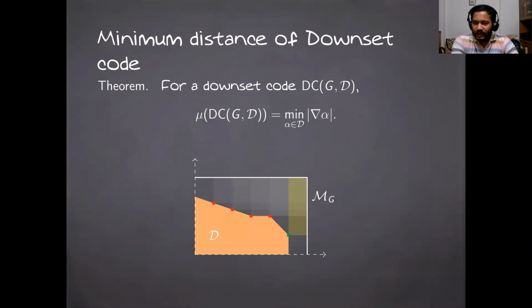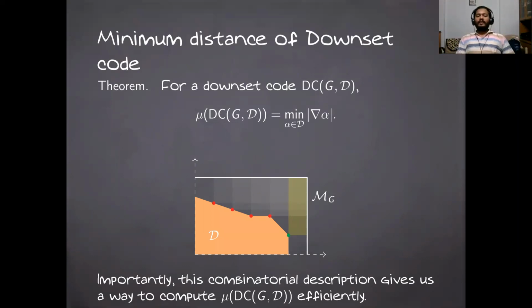So the downset looks something like this. And look at all the monomials in the downset. Well, essentially, you only have to look at the extremal points, the maximal elements of D, because the shades are smallest when you go up. So you just range across all the maximal elements of D, look at all of their shades, and take whatever is the minimum size among them all. So in this case, it's the green point, which gives you a small yellow rectangle, which is the smallest size of the shade. That is equal to the minimum distance of this downset code. That's what the result says.